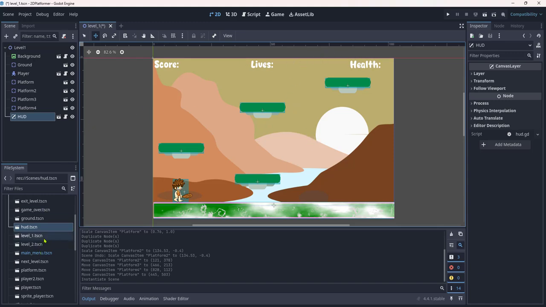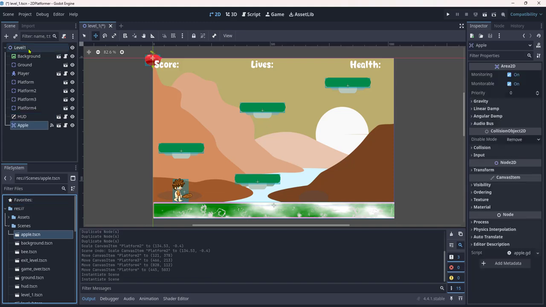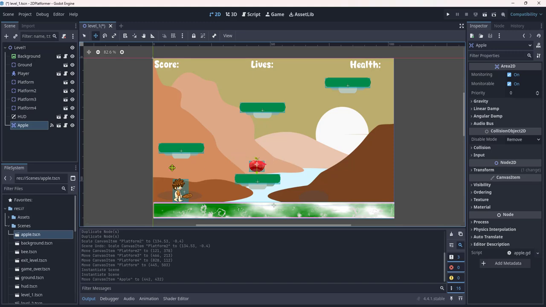I'm now going to add a collectible. In this case it's an apple. So again, I'm going to drag that to level 1, and with the move tool selected, I'm going to position that one there. I'm going to position another apple. Again, we can use the duplicate, so Control D,